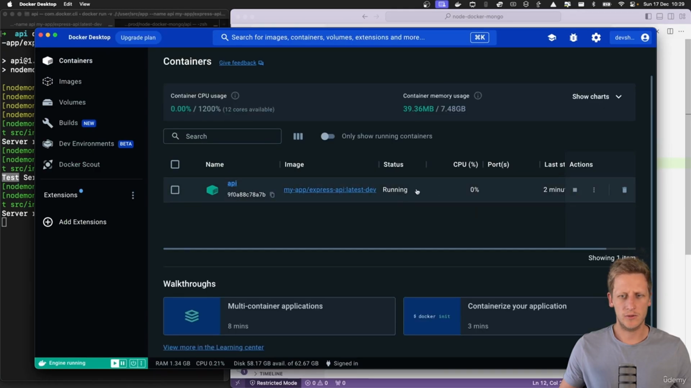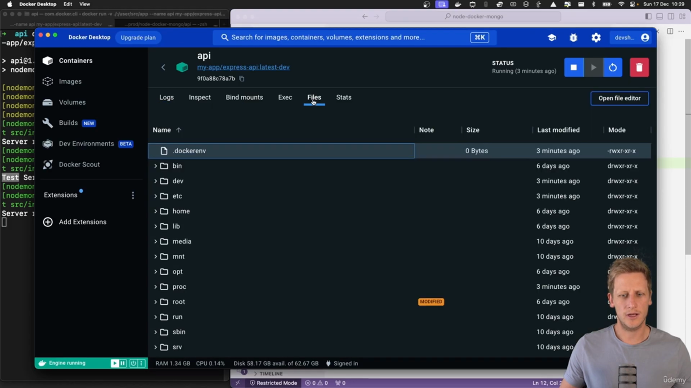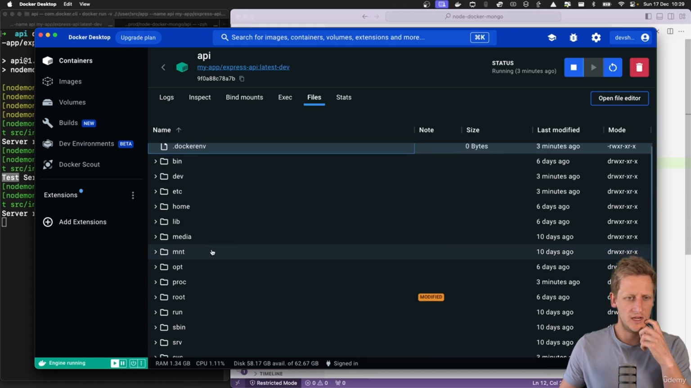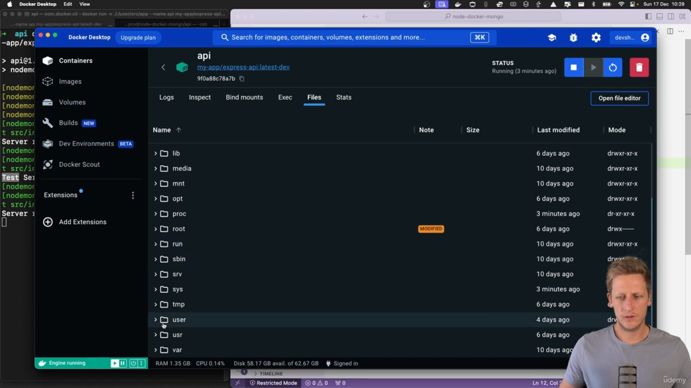We've got our container which is running, and we can just open that up, and you'll see the logs of our server that is running. What I wanted to show you here is that if you go over to the files section here in Docker Hub, you'll see that these are all the files that are within your Docker container, all the operating system files and folders. If we head down to our user folder here, which is our working directory that we've created,